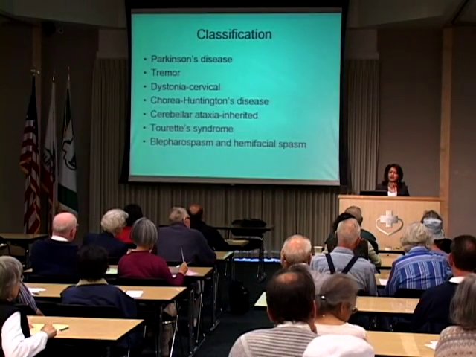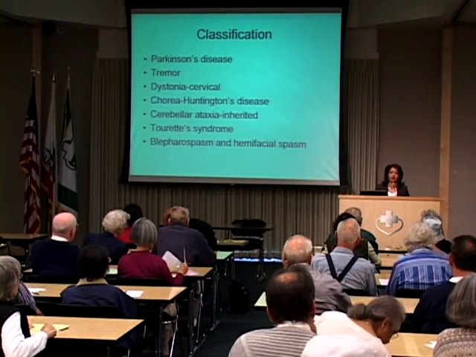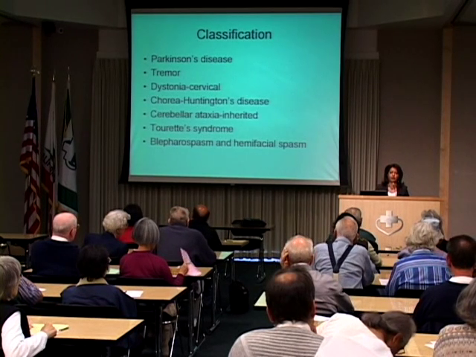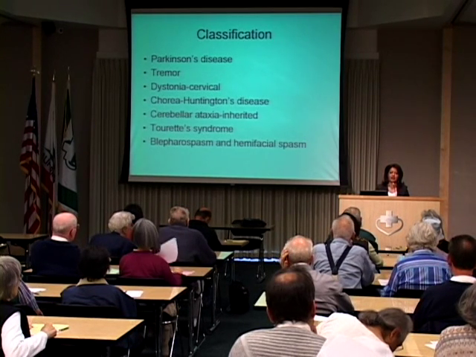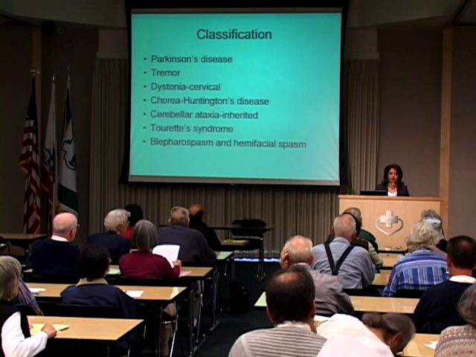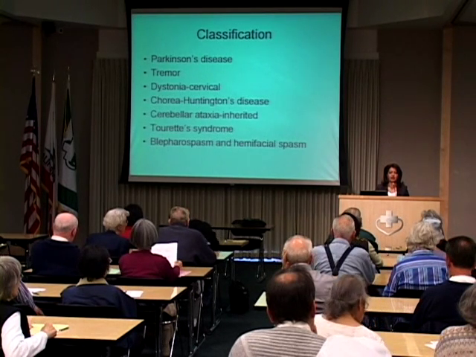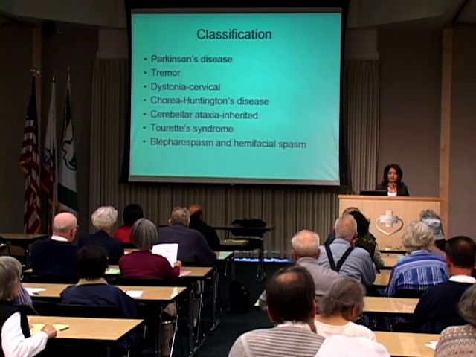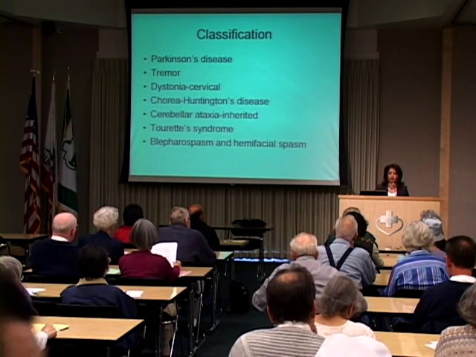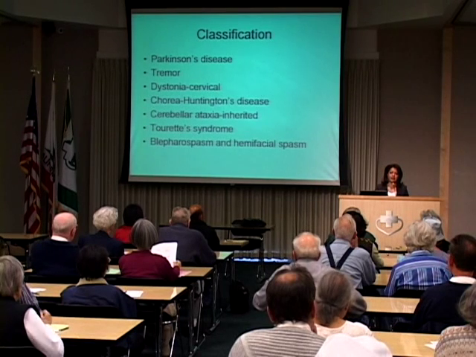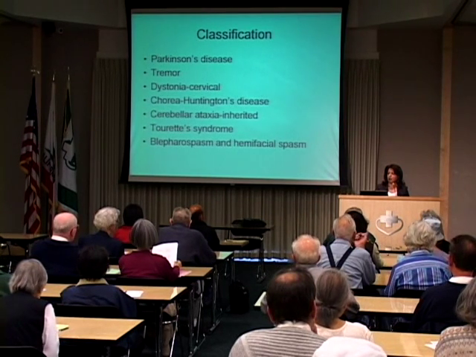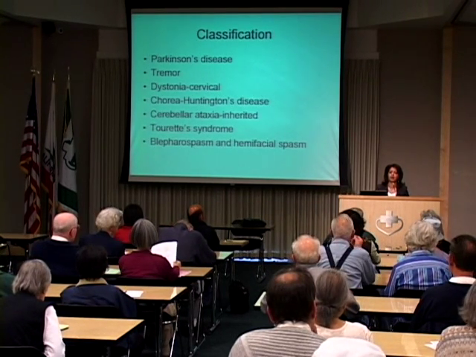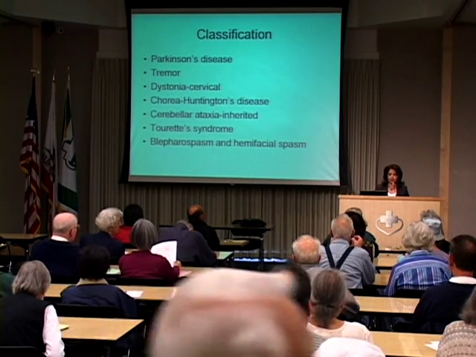What is considered a movement disorder? Any part of the brain that deals with movement, if that is involved, then there can be a movement disorder. There are certain parts of the brain that deal with movement, such as basal ganglia and cerebellum. I'll be showing you some pictures of those later on. So anything which is causing some problem in that particular part of the brain can cause a movement disorder.